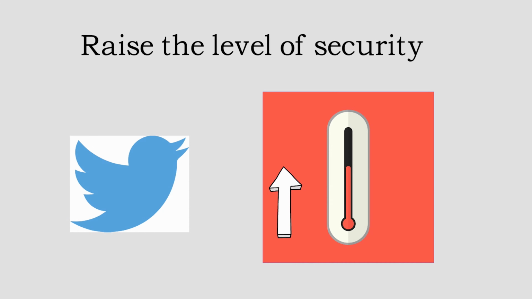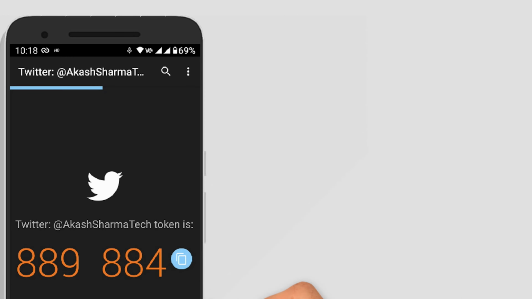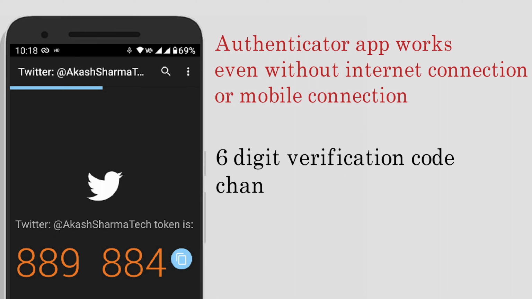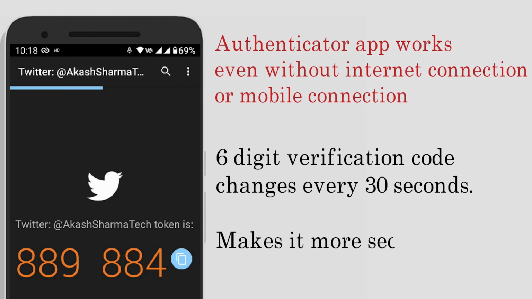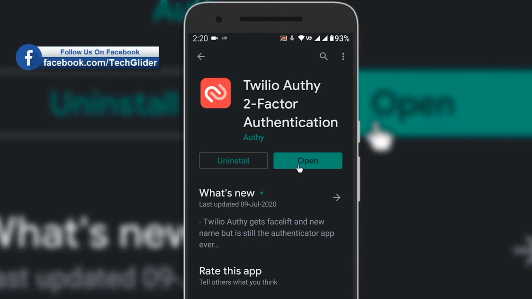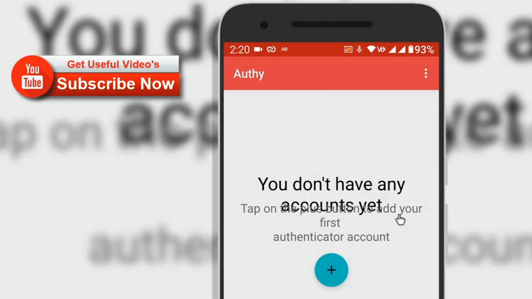The Authy Authenticator app has a great sync and backup feature. So when a user upgrades his phone, he can get the Authy account on a new phone very easily. And it is protected by a master password. So the first step is to install the Authy Authenticator app from the Play Store. After the download gets completed, click on the Open button and register the account on the Authy app.